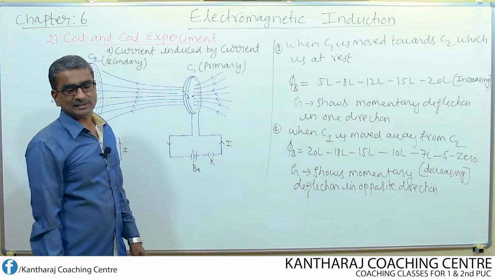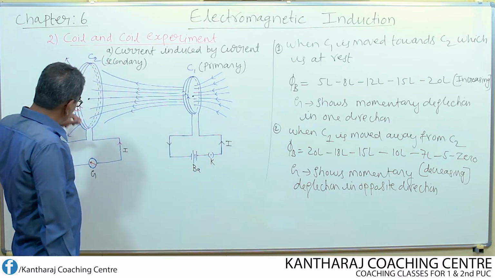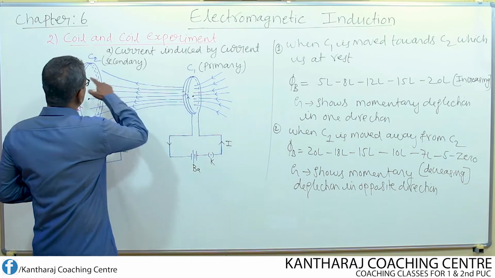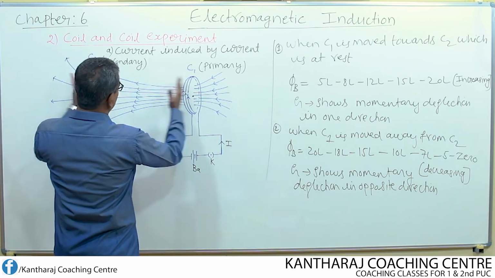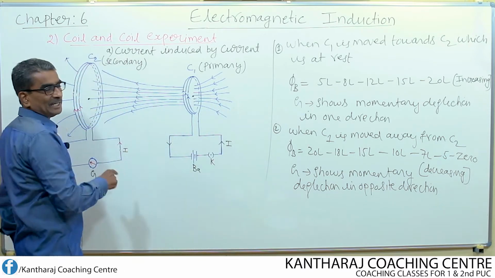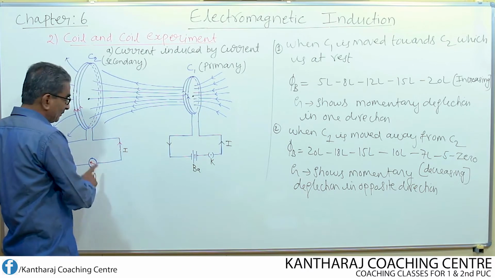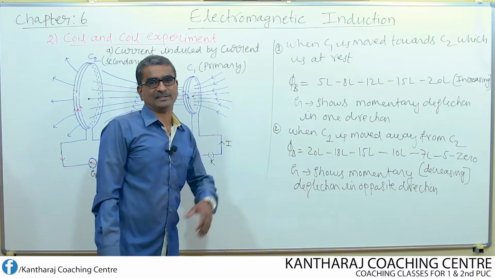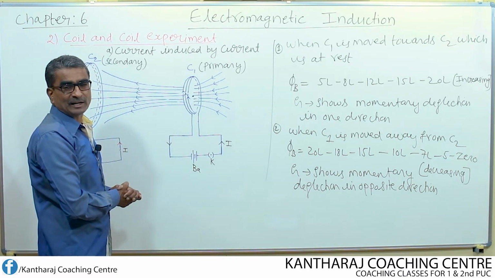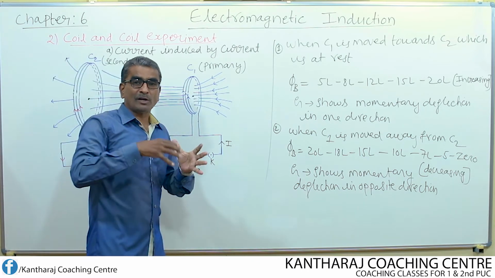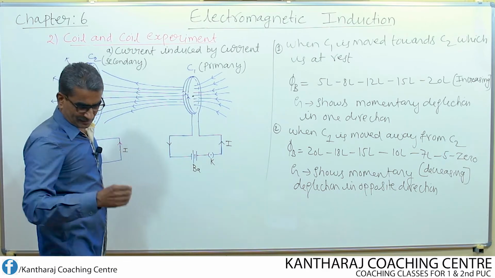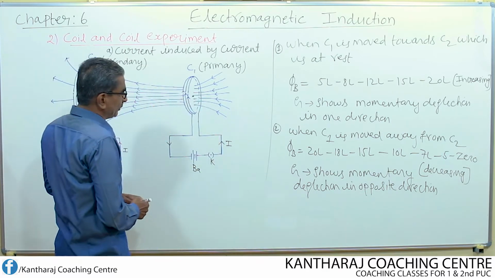And one more method is there to increase the induced current or the deflection in the galvanometer. What does that mean? Move both the coils either towards each other or away from each other fast. If the motion is made fast, then induced current also increases, thereby deflection also increases. Because when we increase the speed of motion between the coils, more number of magnetic lines of force linking with the secondary coil changes. What does it mean? Let us know a bit about it.